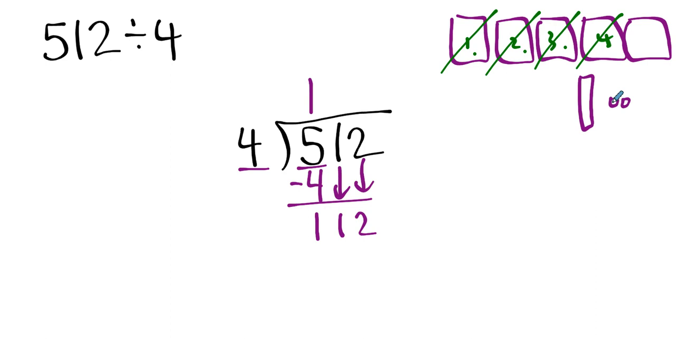Now we still have to take this 112 and divide it into 4 equal piles. How do we do that? So we look and we say, well, 4 doesn't go in a 1, but it does go into 11. How many times? And then we write a 2 up there. Why? Because we trade this